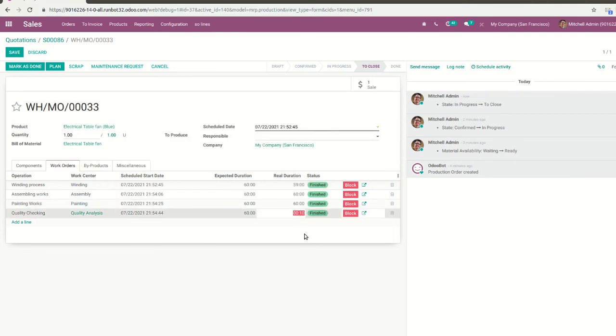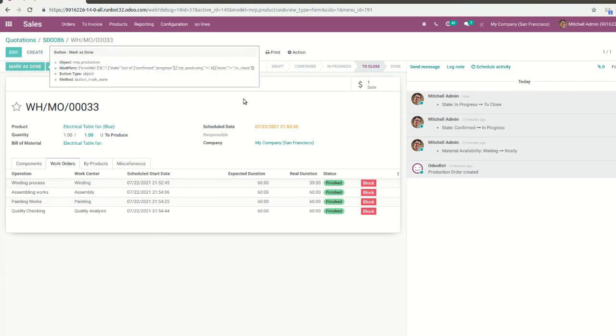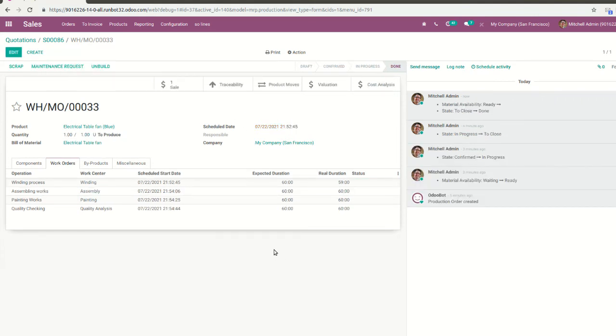Okay, so I put it here. So I am also able to change the real duration, and then save. So mark as done. So our manufacturing order is completed.